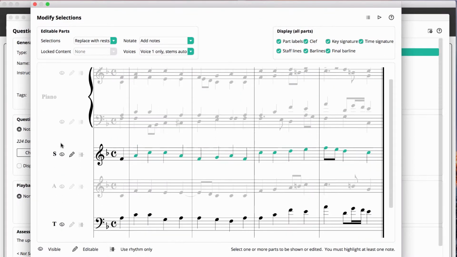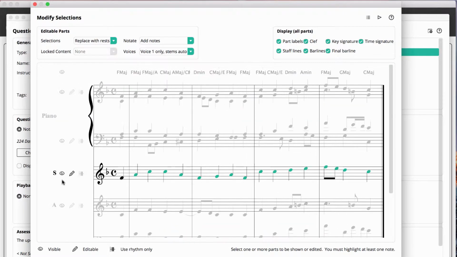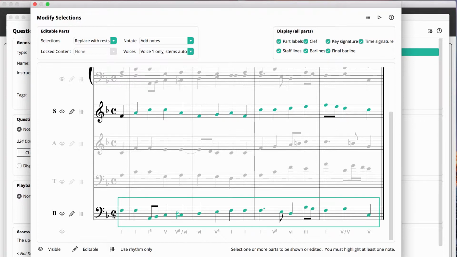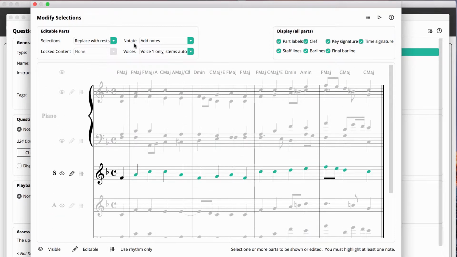And I'll hide the alto part and the tenor parts, as well as the chord symbols. And we'll do the same thing for the bass part, provide the first note and hide all the other parts. The other thing that we'll do here is to just restrict the student to only adding single notes, so they can't add chords in this particular question. We'll close out of this dialog,